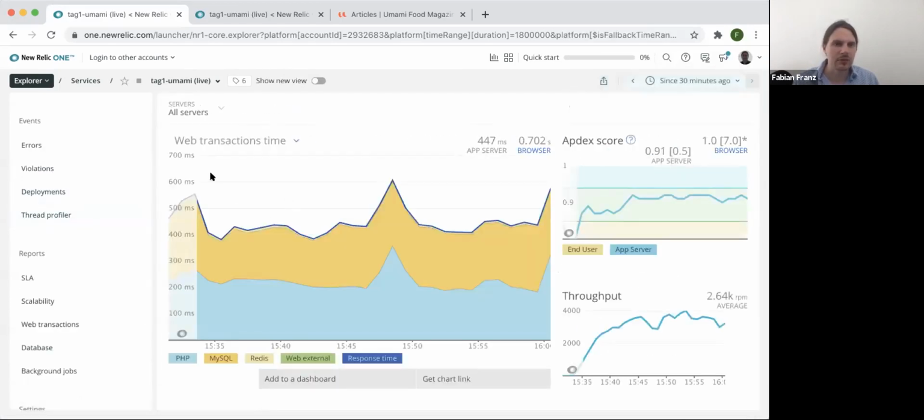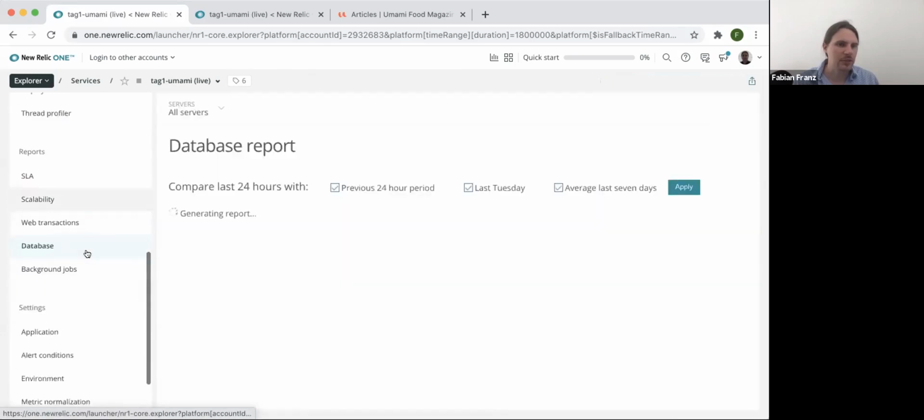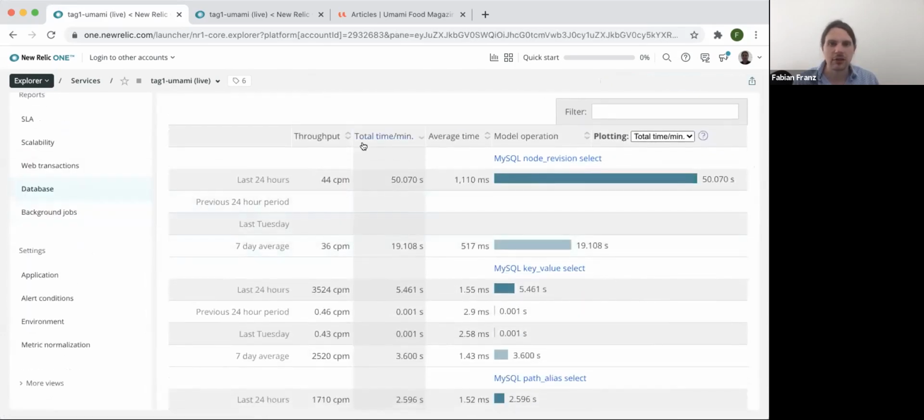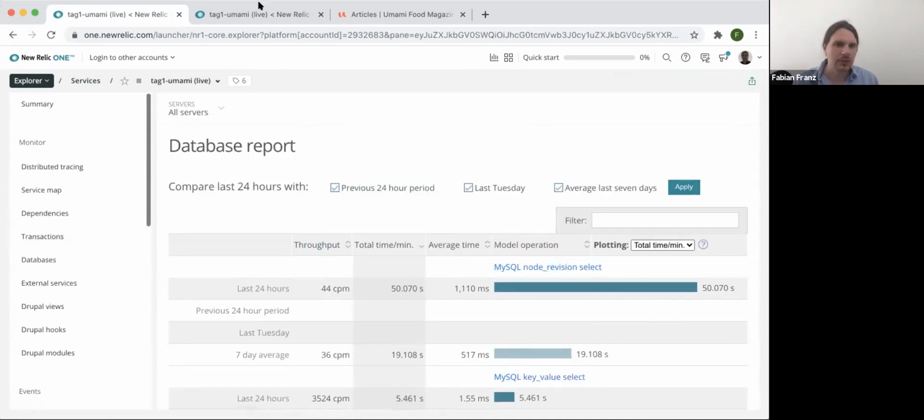Yeah, and Thread Profiler isn't available, obviously. There are more reports you can go deeper into, but that would be the nice overview of what we have. Yeah, I think I would be kind of through.